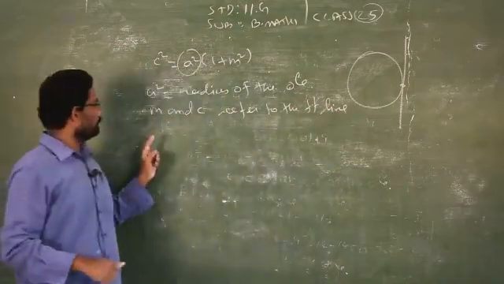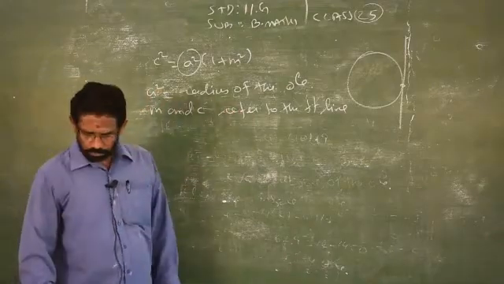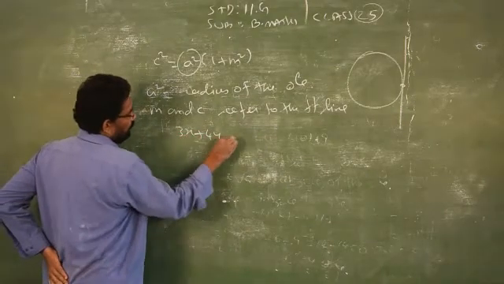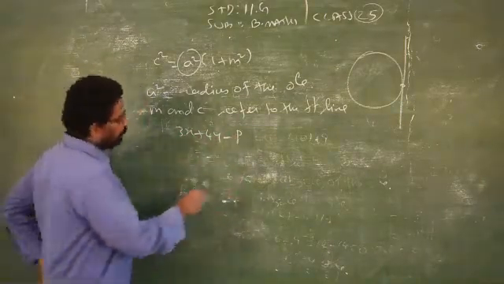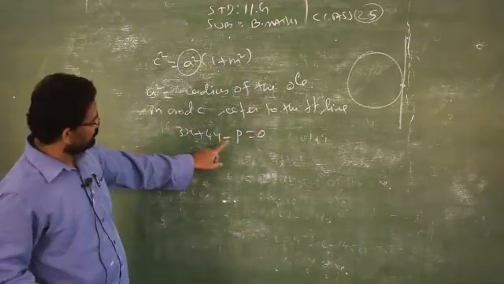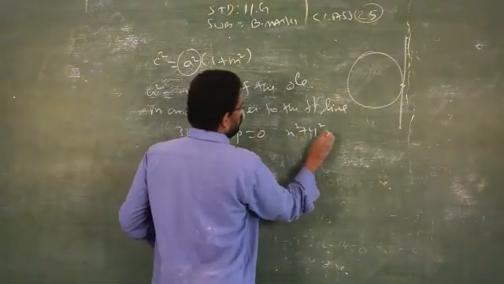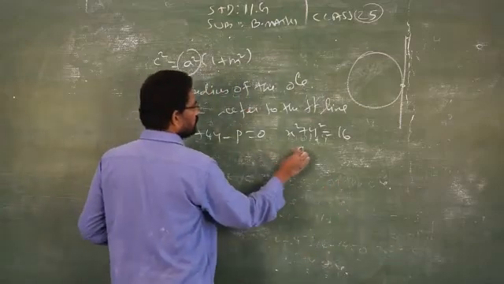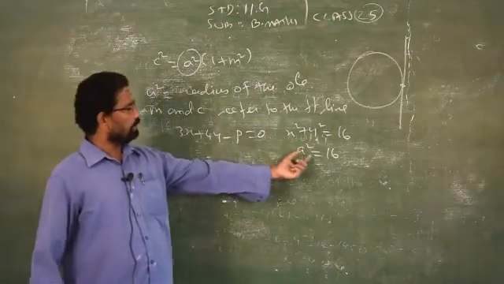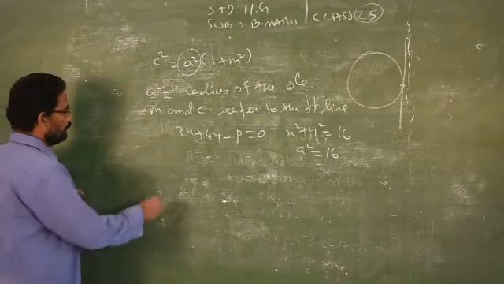Refer to the straight line. You have to take m and c from the given straight line, but a square is the radius of the circle. It is given very clearly that the straight line 3x plus 4y minus p equals 0 is a tangent. You have to find the value of the constant p, where the circle is x square plus y square equals 16. By using this concept I can easily find a square from the circle. a square is 16. Now I have to find c and m.